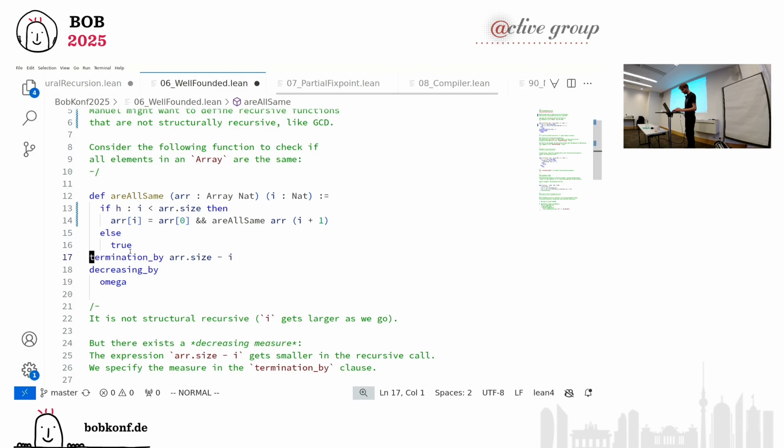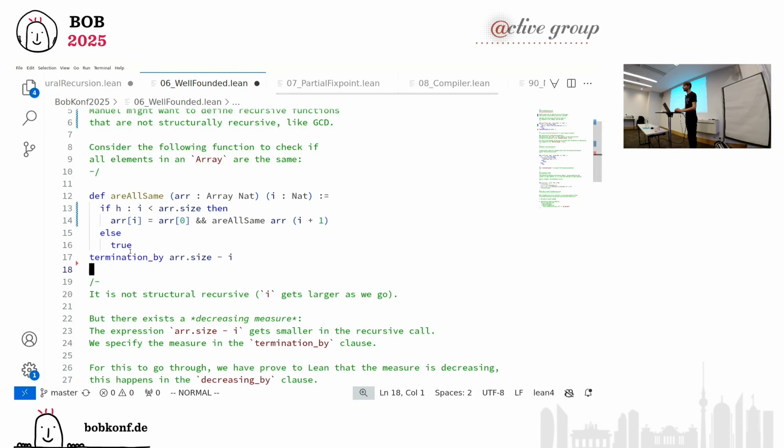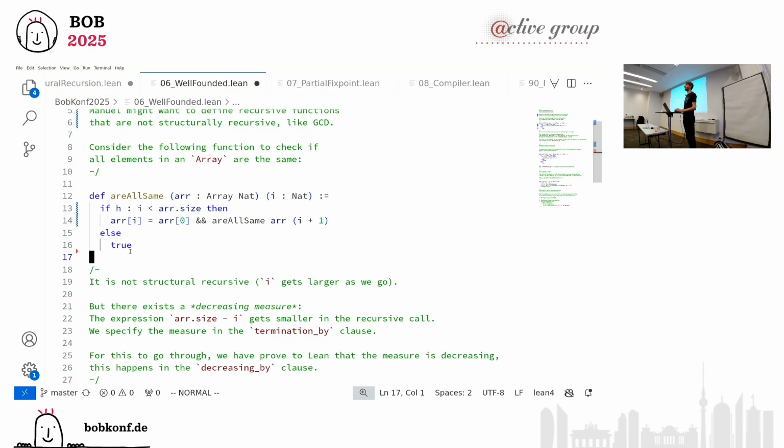What I definitely don't want is to let you go thinking that once you have something slightly more complicated in structural recursion, you have to write all these things. So let me demonstrate that, at least in many cases, Lean is able to just guess the right termination proof, and it's also able to guess the right termination measure. So you can just write this and it'll be accepted.